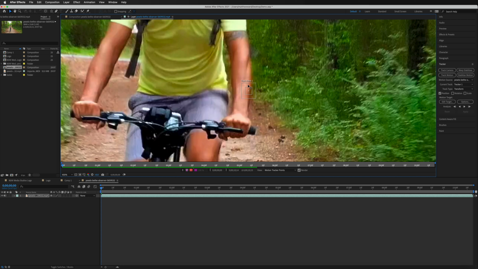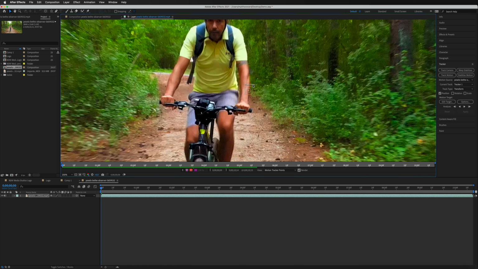So what we're going to do now is I'm going to zoom out just a little bit so I can move this where I want to put it. I'm just going to put my mouse inside of this box in the middle, and I'm going to drag this to put this into place. So the area I'm going to try and focus on with that little X in the middle of that box is going to be this yellow sticker right there on the bike. So with this on the tracking area that I want to use it on, every time this is moving around, hopefully this box is going to stay locked to that sticker.